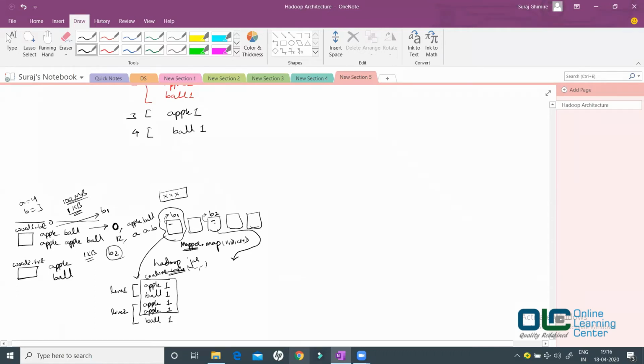Now what is the output you are expecting out of this b2? You are expecting apple 1 and you are expecting ball 1, right? This is from line 1, this is from line 2. So in this case you had more than one block.